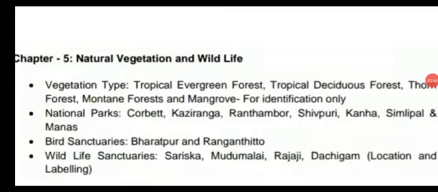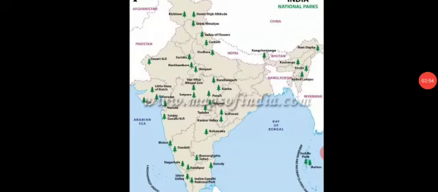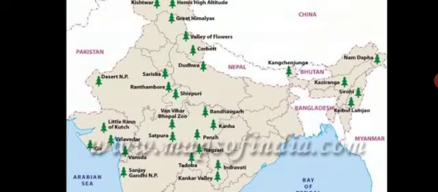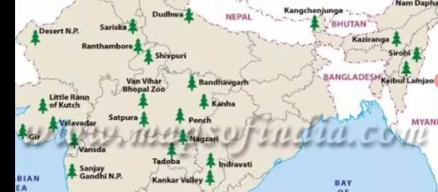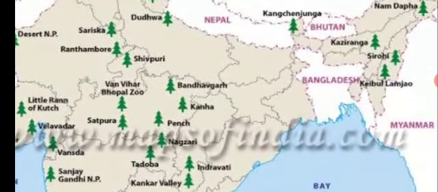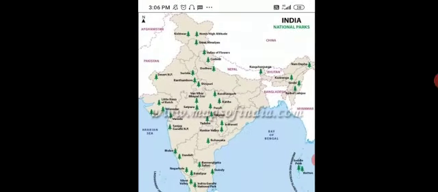Now the national parks: Jim Corbett National Park, Kaziranga, Ranthambore, Shivpuri, Kanha, Simlipal and Manas National Parks. Here you have a map showing the national parks in India. First, Jim Corbett National Park, that is in Uttaranchal. After that, Kaziranga, it is in Assam. Then